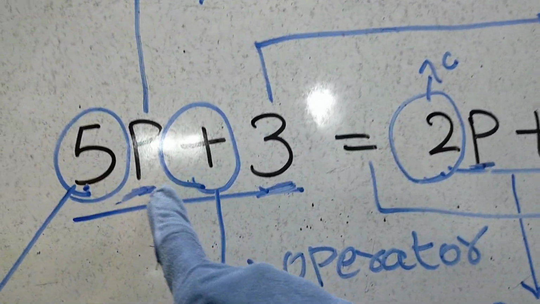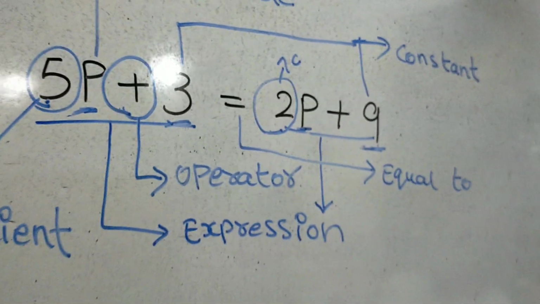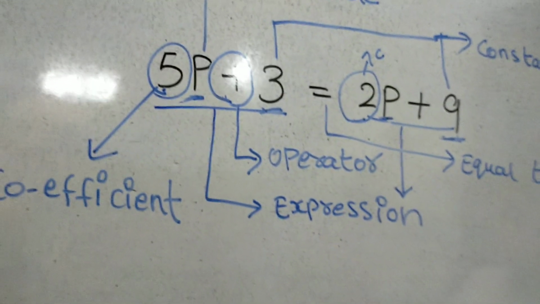Unknown quantity. That means you have to find out. Now in this equation, you have to find out what P is when you solve it. Did you understand, kid? So P can be anything. When you solve it, you will get the answer, right? We don't know how much P is. That's why it is an unknown quantity. Okay? It is a variable.